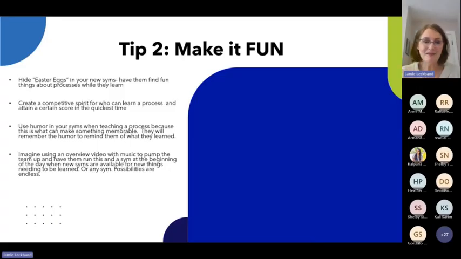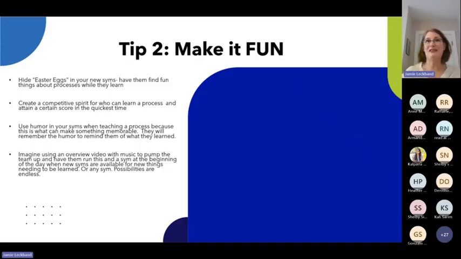And like I said, I laughed out loud. I just thought it was silly and cute, and really made that simulation memorable. And I could probably tell you what that sim was still about. And I was just thinking this, and I added this not too long ago because I thought about this. Actually, I think I dreamt about it, but imagine using an overview video, kind of like before a game,